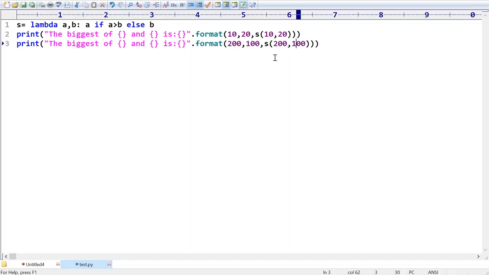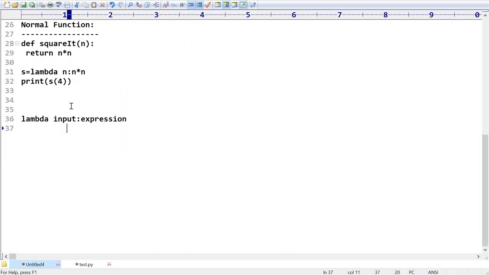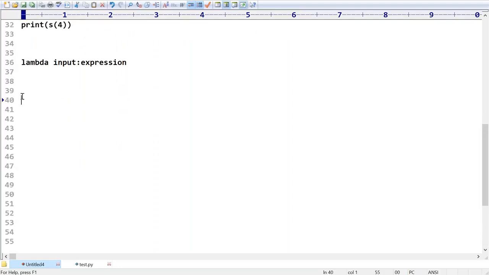Sometimes we can pass a function as an argument. In functional programming, I have one function and I want to call this function. This function can expect another function as the argument.